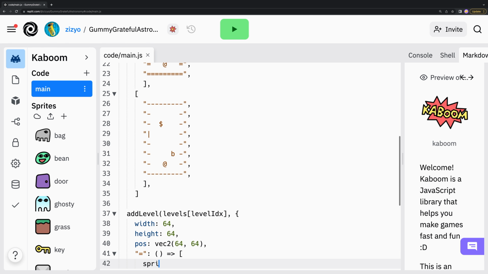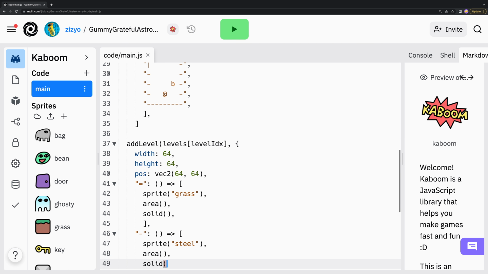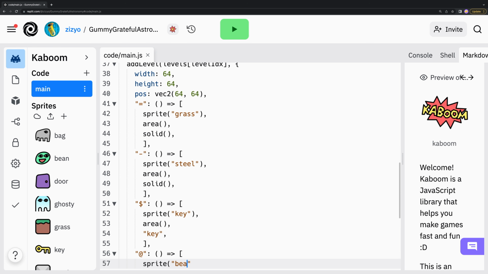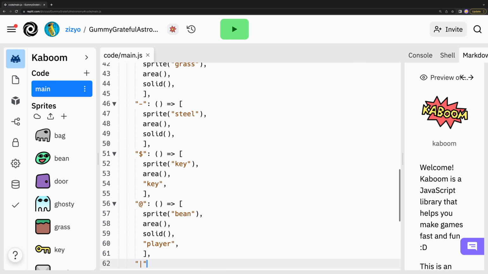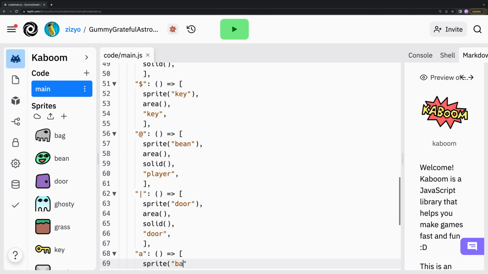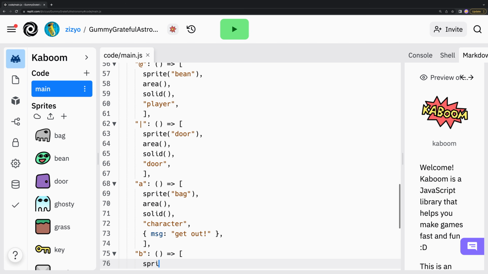I'll set each symbol in the layout to an object with a sprite and its own components. The area component generates collider area and enables collision detection. The solid component makes it so other objects cannot move through the object. Most of the objects get a name, and the final 2 objects have messages since they are the characters the